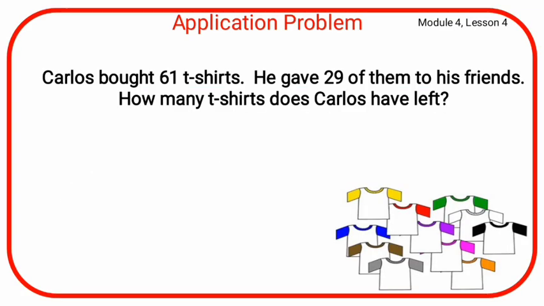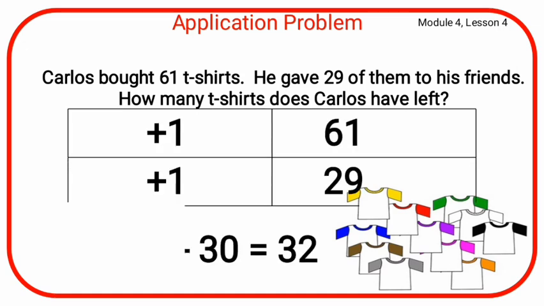It's a very simple strategy. Now let's test it with this application problem. Carlos bought 61 t-shirts. He gave 29 of them to his friends. How many t-shirts does Carlos have left? Alright, so my number sentence is going to read 61 minus 29. Now, following the strategy we've been learning,